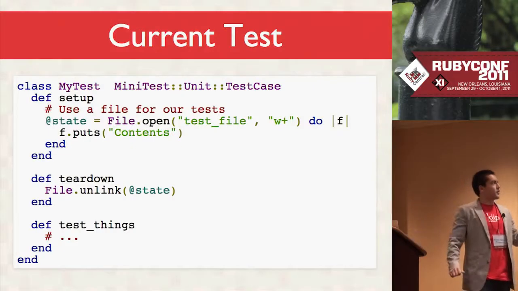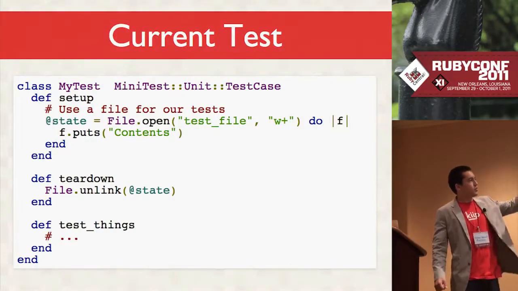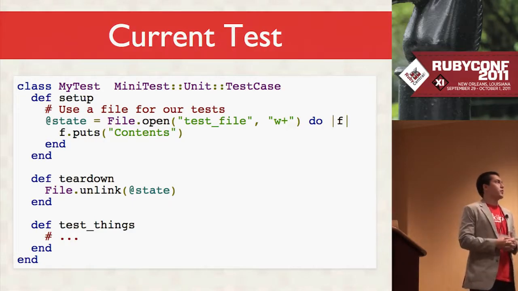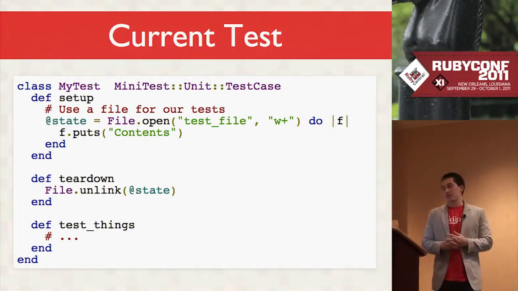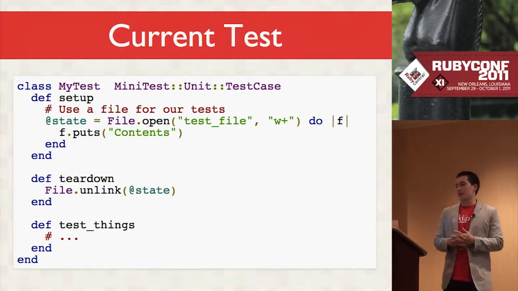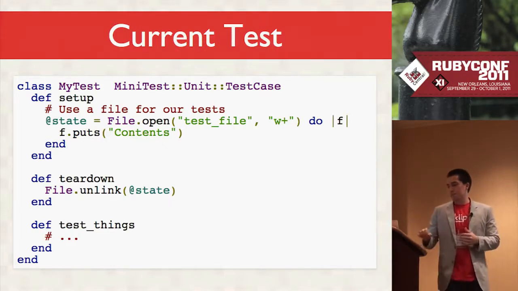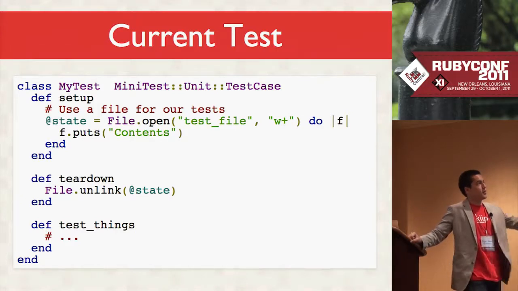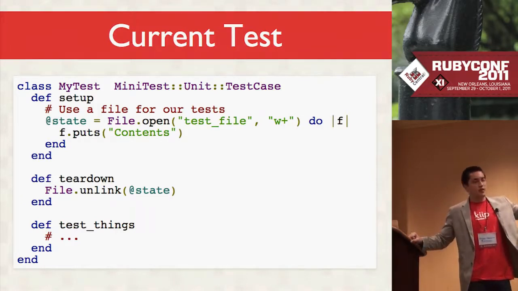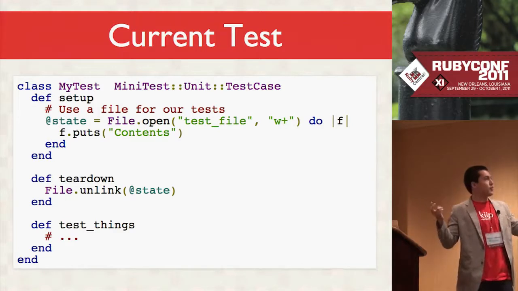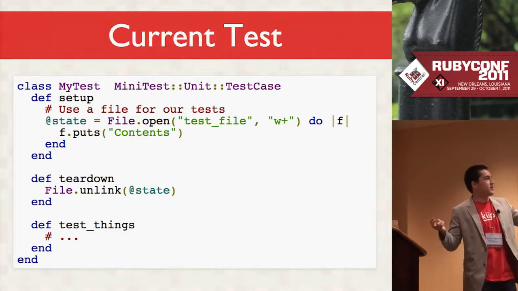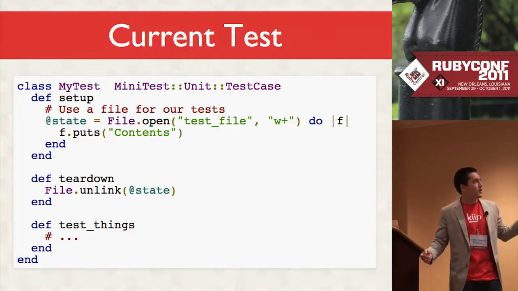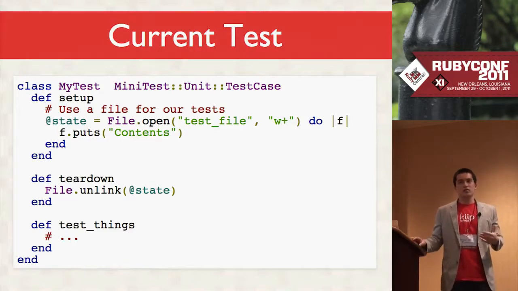So here's a Ruby test, and there's a lot of problems with this test. It was a normal test, I think. Show me this a year ago, and I would have been like, that's fine. But there's actually a lot of problems with this. The first problem, for example, is you're always opening a file named test file. So if you parallelize this test and you have multiple tests, then the teardown is going to destroy that file, and some test is going to fail at some point. A better thing in this case to use would be a temp file.